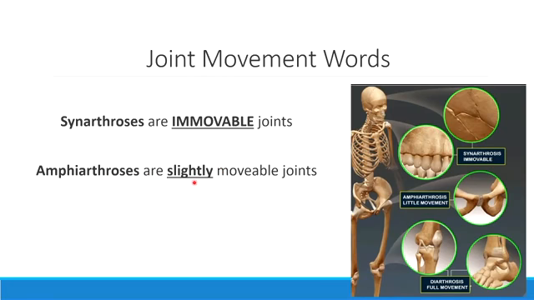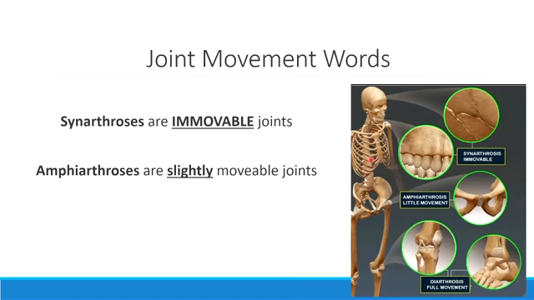And what I'll say with these amphiarthroses, you probably wouldn't even necessarily think about these joints as moving, but it's kind of like they just do a little bit of wiggling. So the best examples of amphiarthroses are going to be between the two halves of your hip. This is called the pubic symphysis. That's a great example of an amphiarthrosis. Also between my vertebrae in the spine, where there's a little bit of movement, but not the kinds of movement